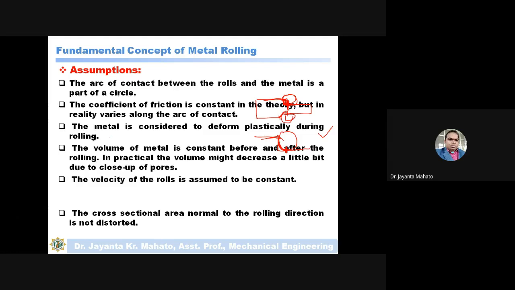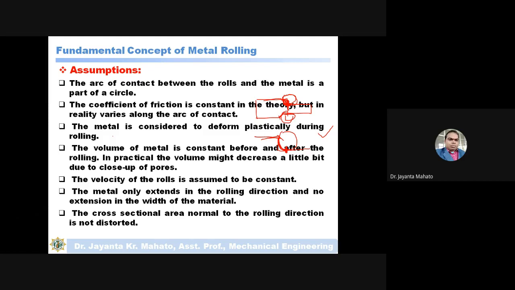The velocity of the rolls is assumed to be constant. Sometimes the velocity may be increased or decreased, but we always consider a constant velocity of the rollers, so the RPM of the rollers is constant.